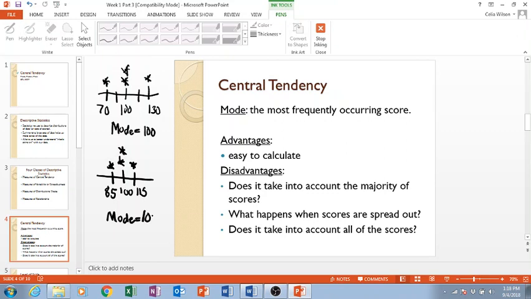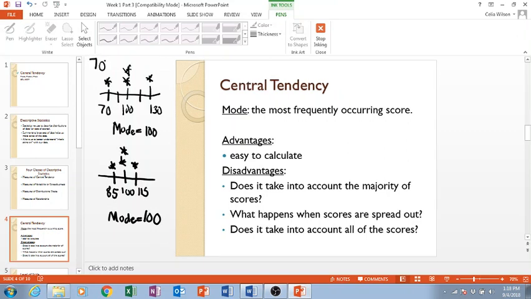Mode would also be 100. All right, so let's think about it in terms of these disadvantages. Does the mode take into account the majority of scores? Well, it takes into account the most frequently occurring scores, but it's really totally ignoring these other scores. So if I'm looking at the one number that best represents my whole distribution, because, remember, my distribution, that's my